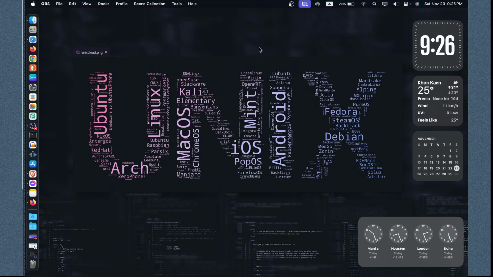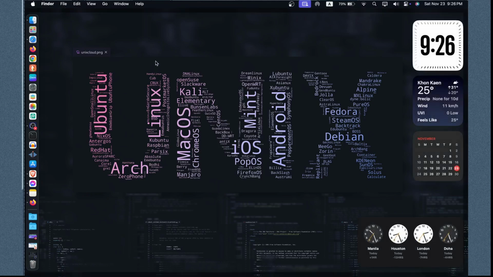So basically, it's a little bit the same, but more on the aesthetics, and some of the settings are a little bit different. So that is our update for our software, which is apps and our system right here on Mac OS Sequoia